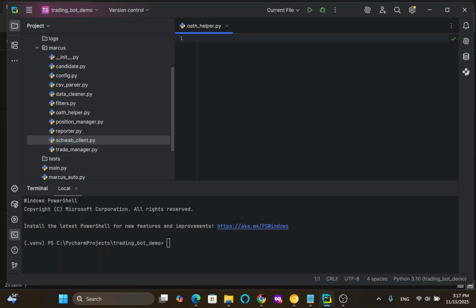The purpose of OAuth Helper is to serve as our trading bot's authentication and workflow orchestration layer. It manages the OAuth flow with Schwab. It coordinates trading operations and provides high-level workflow methods for the autonomous trading system. The key responsibilities of this include